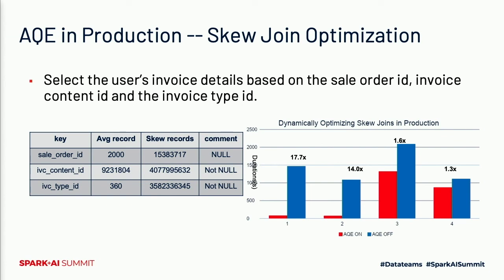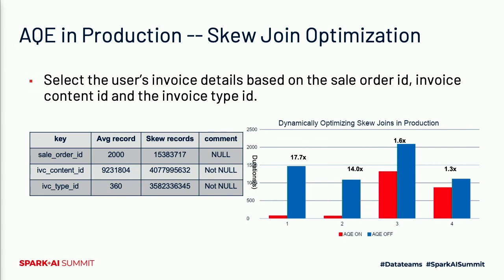After detailed analysis, we found the join keys of the sales order ID, invoice content ID, and the invoice type ID all contain skewed partitions. For example, the average record count of a sales order ID without NULL value is almost 2,000. However, the skewed records with NULL value can be up to 15 million records, which causes serious skew join issues